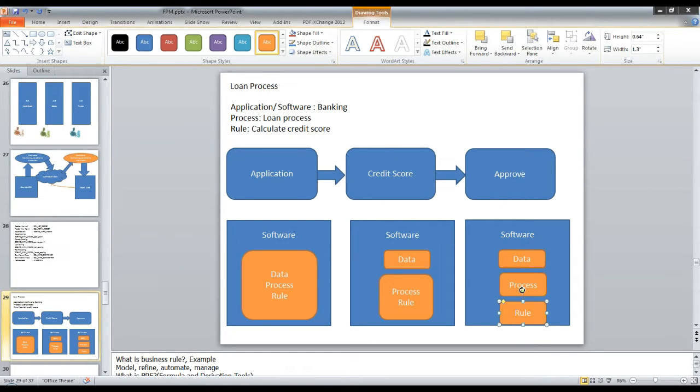Earlier it was part of your code, so it was difficult to change that coding every day. Let's say today your rule to calculate the credit score changes, so you have to go and modify your code, which is very impractical. Every day you can't modify your code. Today the monetary policy says the tax is 2% and the interest rate is 5%.